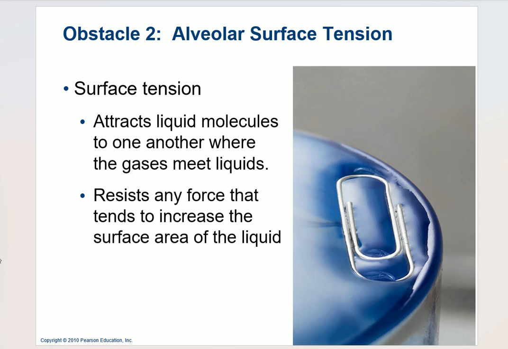Obstacle number 2 is alveolar surface tension. The definition of surface tension is that it attracts liquid molecules to one another where the gases meet liquids, and resists any force that tends to increase the surface area of that liquid. In other words, surface tension tries to bind those water molecules together to keep you from